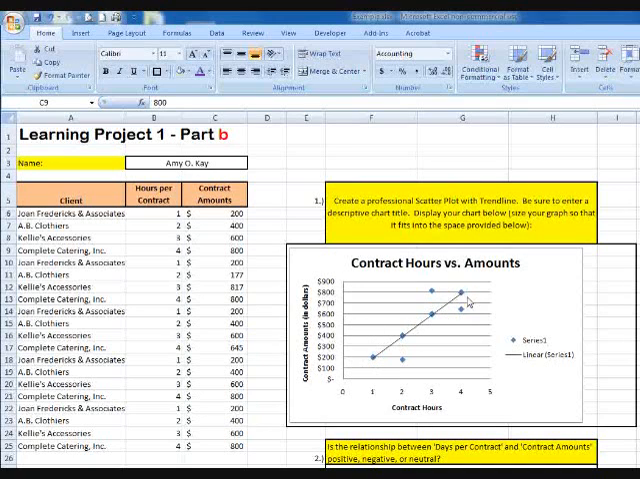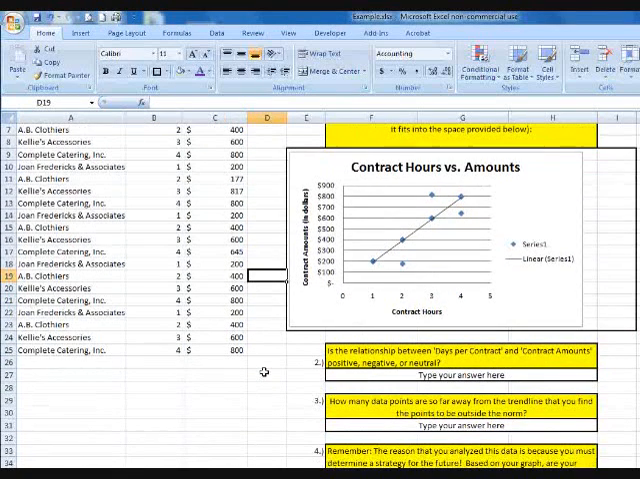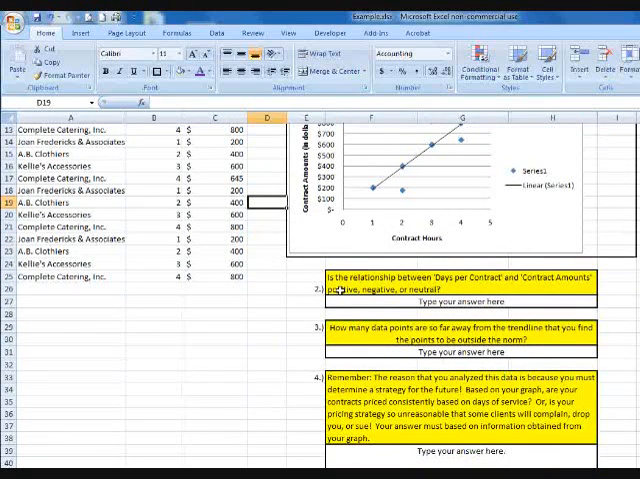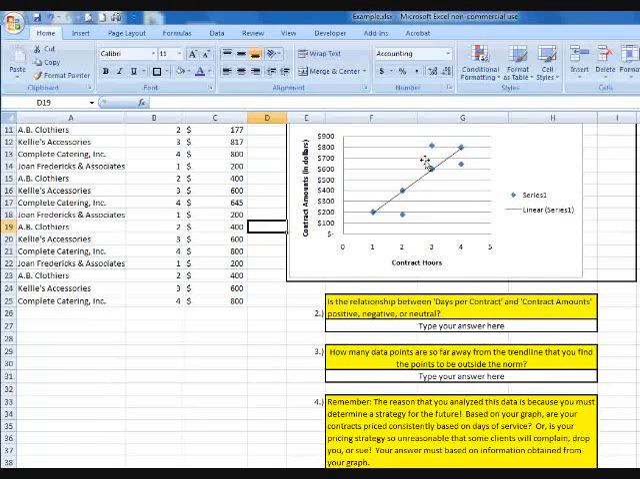Now, here we have a pretty good relationship. Some of the dots are not on the line, and that's okay. And we're going to talk more about that in just a minute. They don't have to exactly intersect the line. But as we continue this learning project, it says, is the relationship between days per contract, it should be hours per contract, and contract amount positive, negative, or neutral? Well, we said the line slopes up, as the number of hours increases, the price increases, and that is a positive